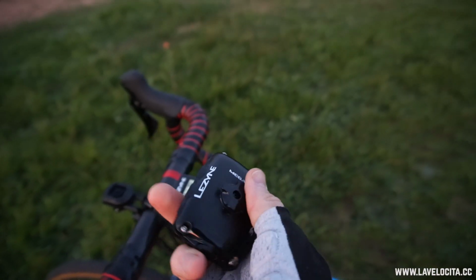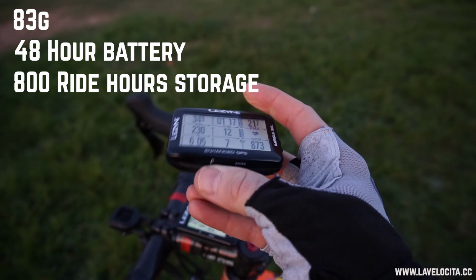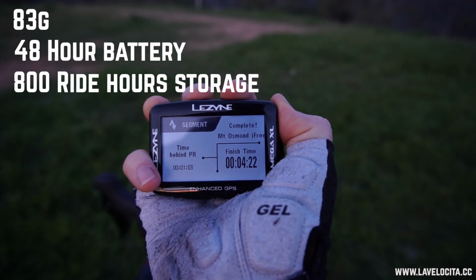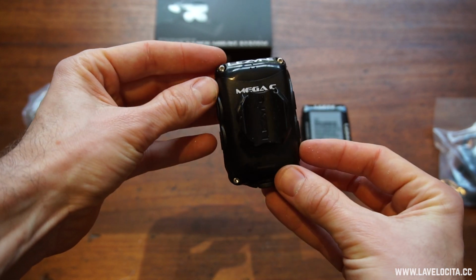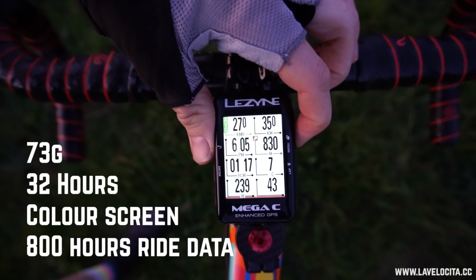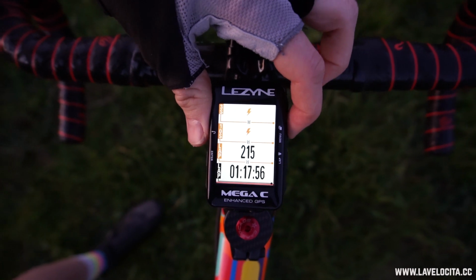The Mega XL tips the scales at 83 grams with 48 hours of claimed maximum battery life and a claimed maximum storage of up to 800 hours of ride data. It's about the size of a Garmin Edge 820. The Mega C, on the other hand, is more of a Wahoo Element Bolt, Garmin Edge 520 style. It weighs in at 73 grams, has a 32-hour claimed battery life, a lovely color screen, the same 800 hours